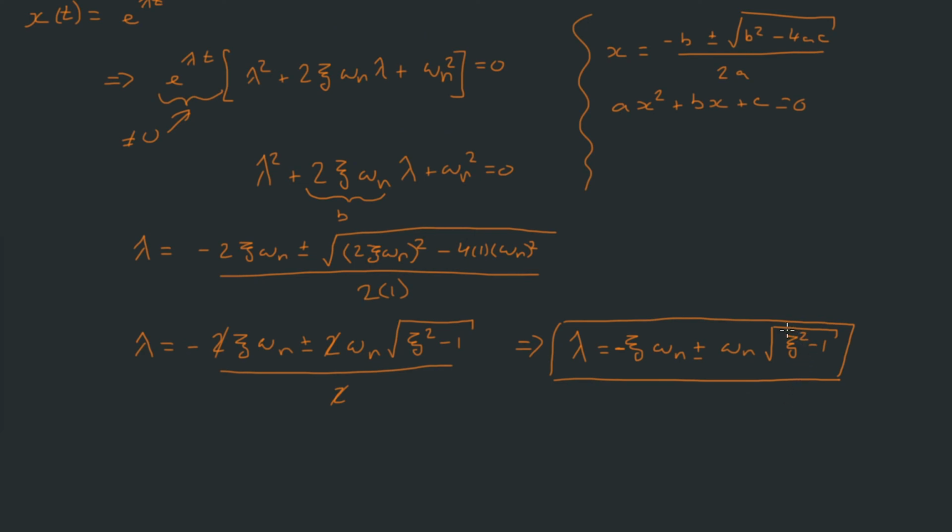You can see that depending on what our damping ratio value is, we're going to get different types of solutions. If this ratio is less than 1, we're going to get a complex number here. If it's greater than 1, we're going to get a real solution. And what happens if it is 1? Well, we're going to talk about all of this in the next video, and I'm going to break it down step by step as to what it means and what sort of damping we get when we choose our damping